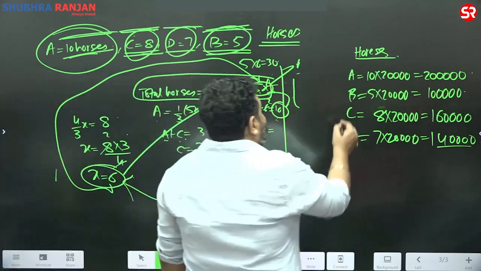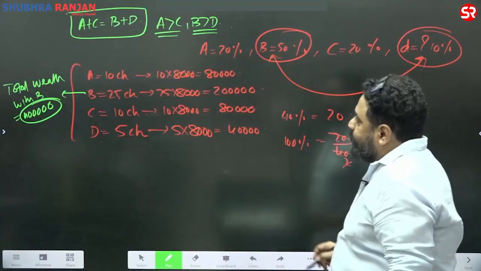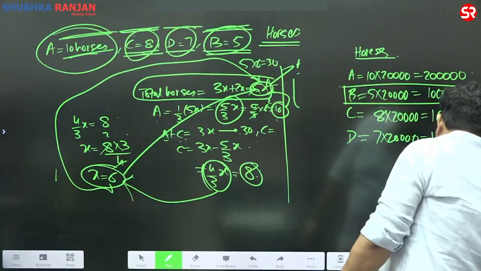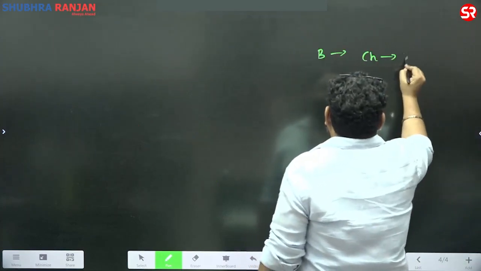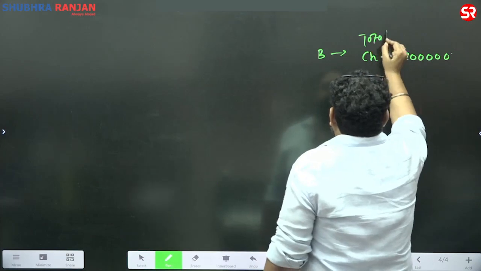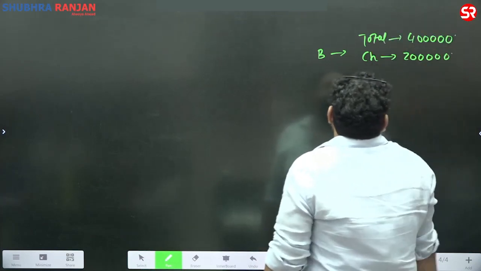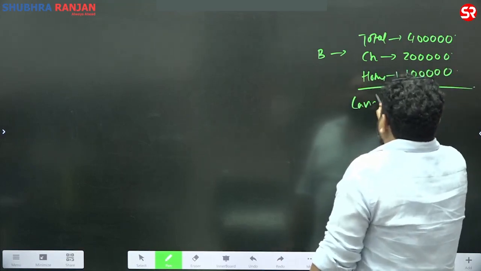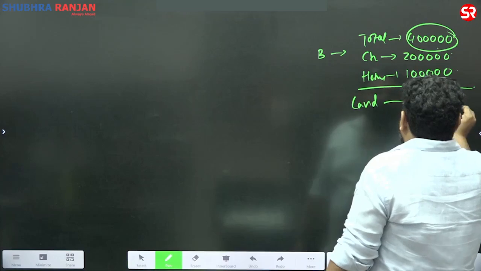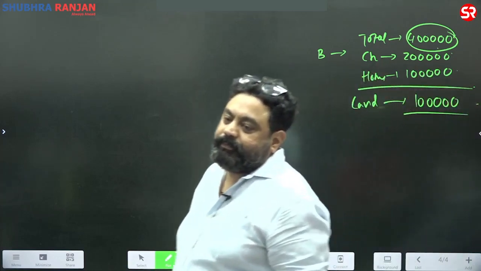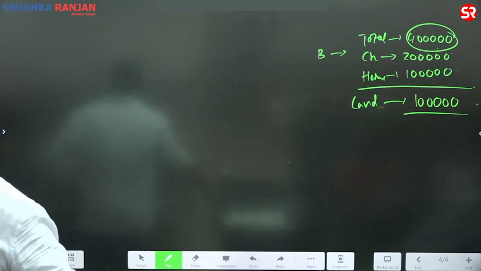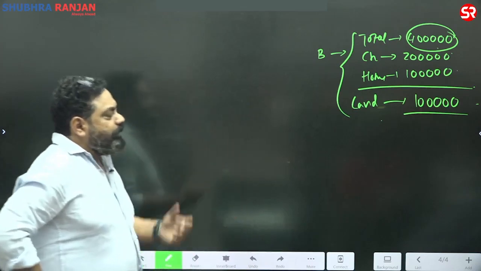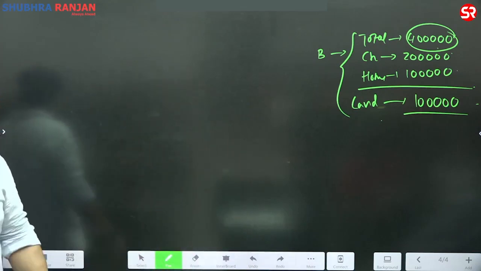तो सुनो, अब ध्यान से सुनना, मैं फिर से बी मार्क कर रहा हूं। गाइस, गोइंग बैक, बी की टोटल वेल्थ कितनी है? 4 लाख रुपए, राइट। Now let's talk about B. B has chariots worth 2 lakh. टोटल कितना है B का? 4 लाख, राइट। सो हॉर्सेस कितना है B का? 1 लाख। तो लैंड कितना हो जाएगा? इसमें से ये दोनों माइनस करेगा तो 1 लाख रुपीस। बी की कैलकुलेशन हो गया। बी का टोटल था 4 लाख रुपीस, चैरिट थे 2 लाख रुपीस के, हॉर्सेस थे 1 लाख रुपीस के, सो लैंड हो गई 1 लाख रुपया का।